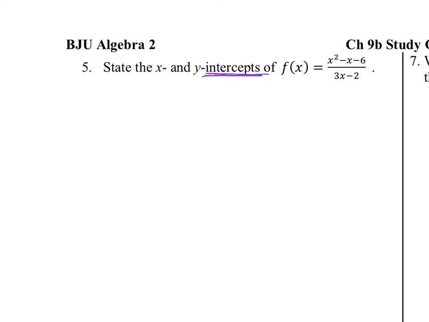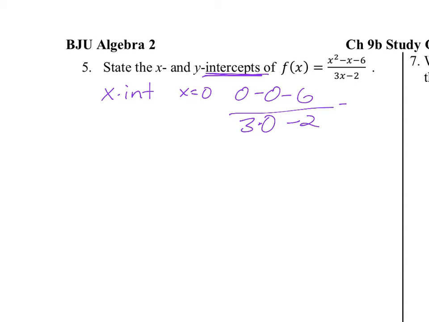That's critical to know, not asymptotes, but intercepts. Okay, so the x-intercept, I'm looking for where x equals 0. So I plug in a 0, I get 0 minus 6 over 3 times 0, which is 0, minus 2. Well, this is just negative 6 over negative 2, which is 3. So my x-intercept, x is 0, and y is 3. My y-intercept,